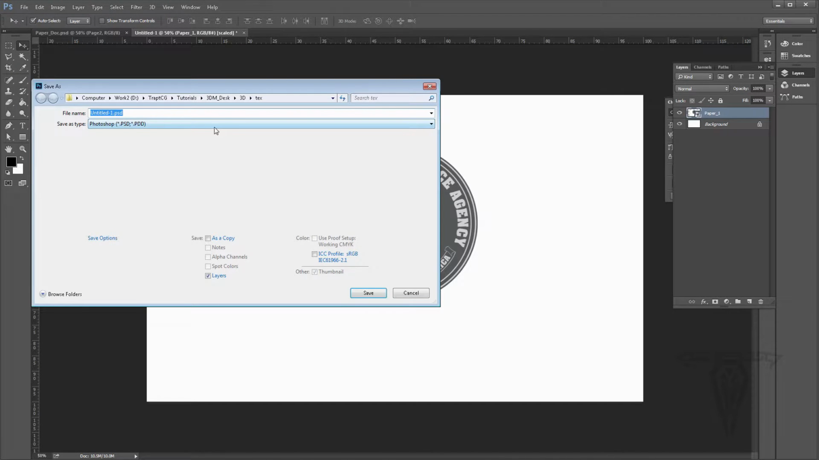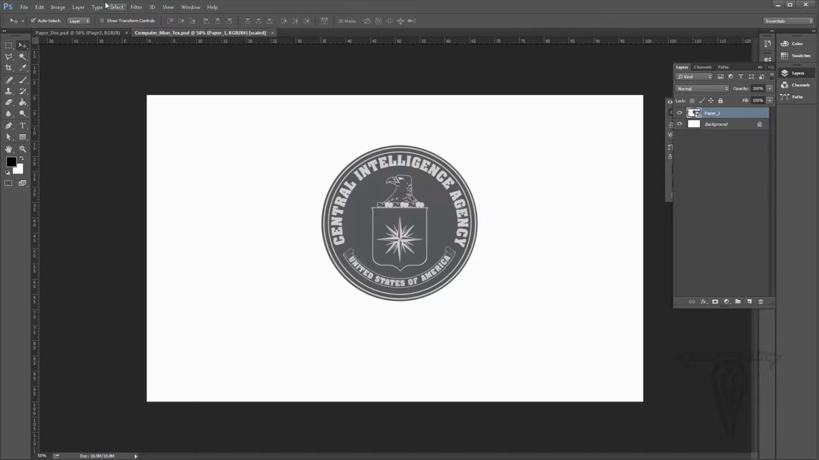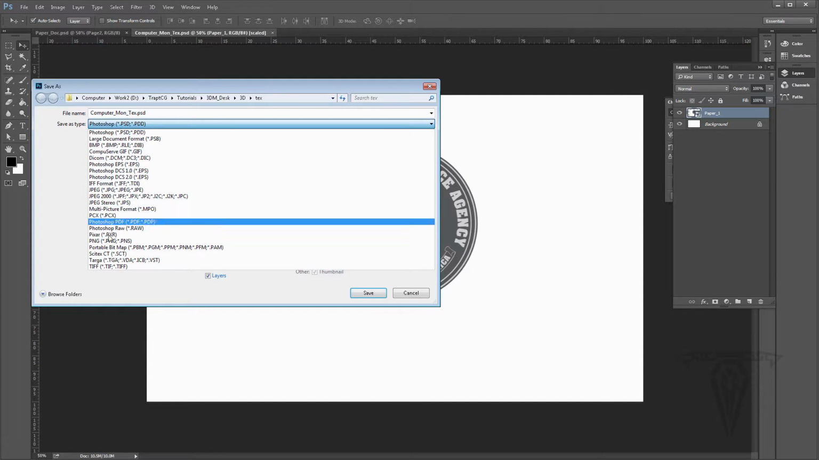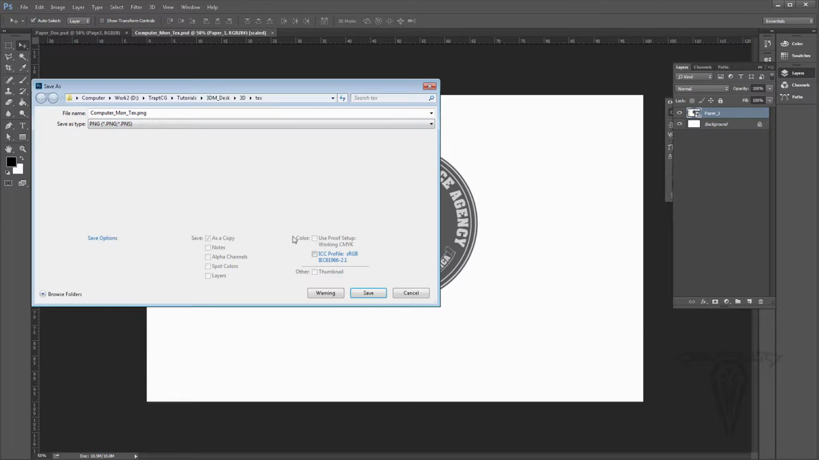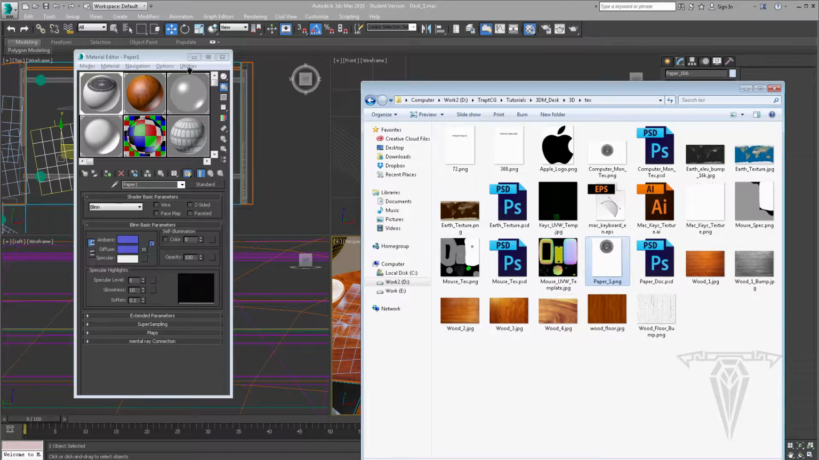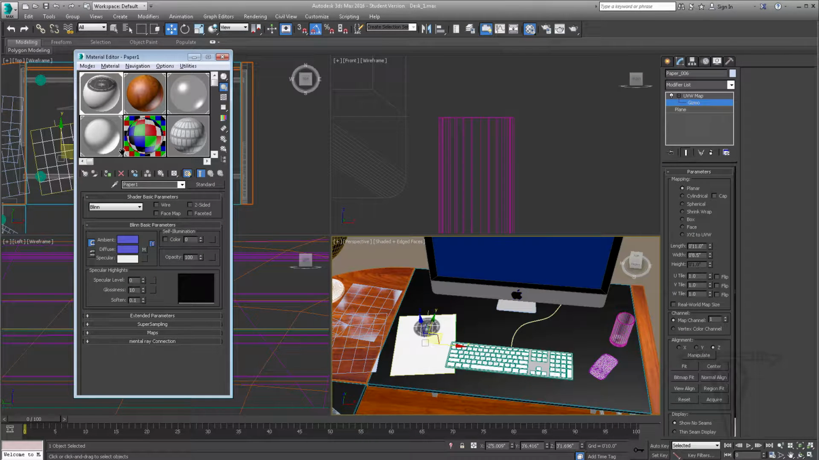This I'll file save as a Photoshop file again. Call this computer mon for the monitor texture. Click Save, and then I'll save it as a PNG. Save. Click OK. So now I can jump back to 3D Studio Max, and let me scroll